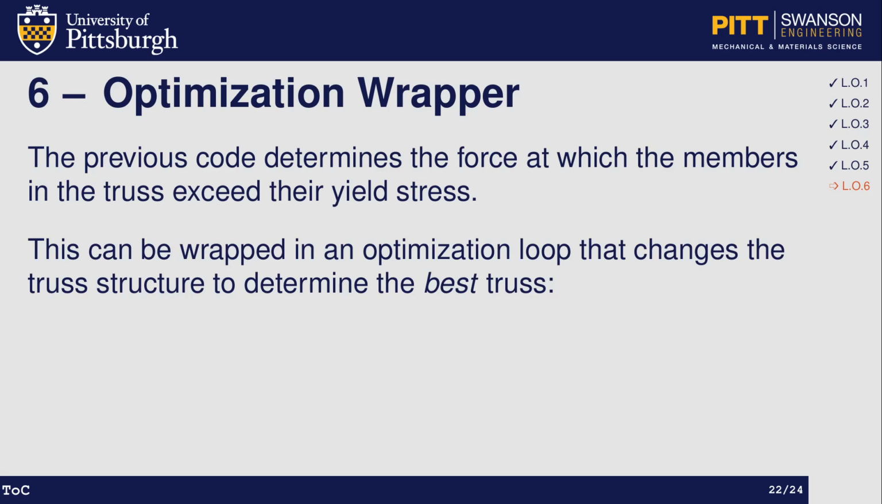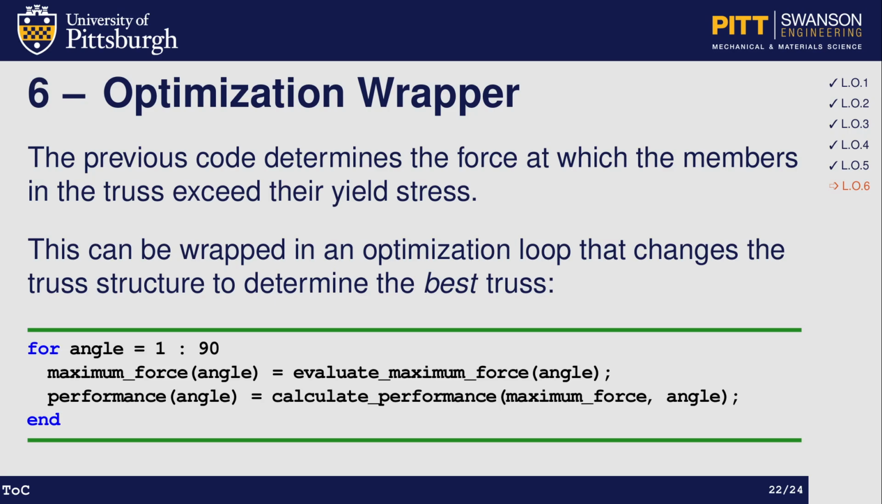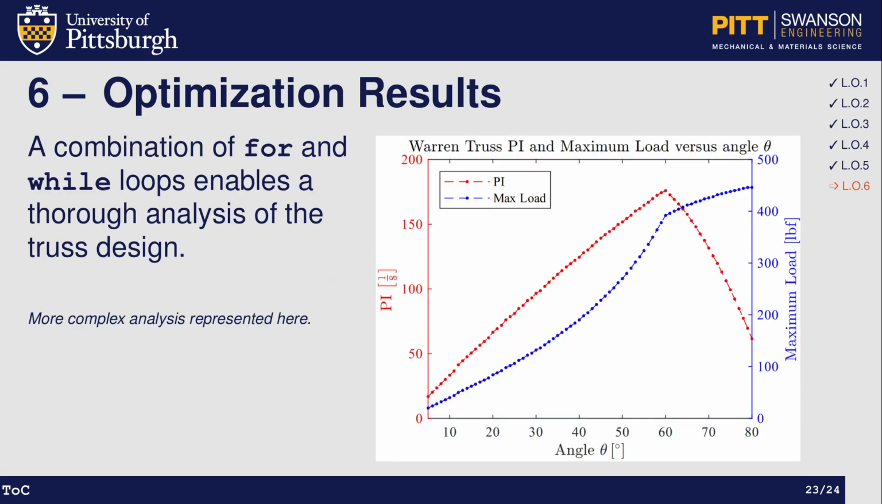It can actually be wrapped up into an outer for loop to optimize the structure and to determine the best truss. So this block of code here iterates the internal angle in the truss and evaluates the maximum force and performance of the truss at each of those angles. Ultimately, a combination of a for and a while loop enables a thorough analysis of the truss design, which yields a figure like this one, where it's clear to see where the bridge performs best at the peak of the red curve. And just to be extra clear, this graph is not an exact representation of the demo from this lecture, but it was taken from a more complex version of the same thing, so all of the principles are